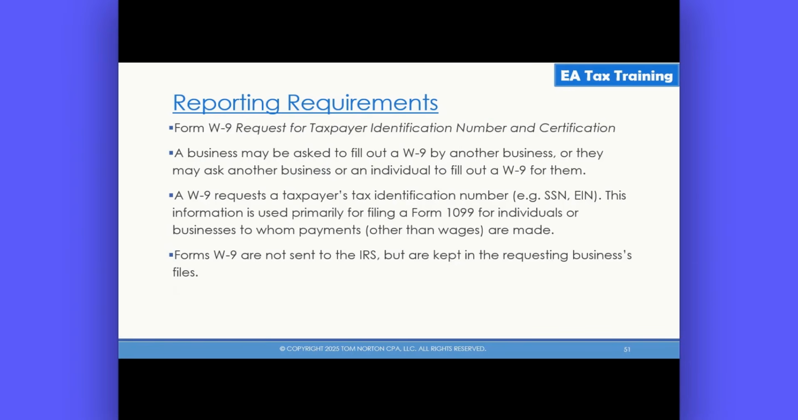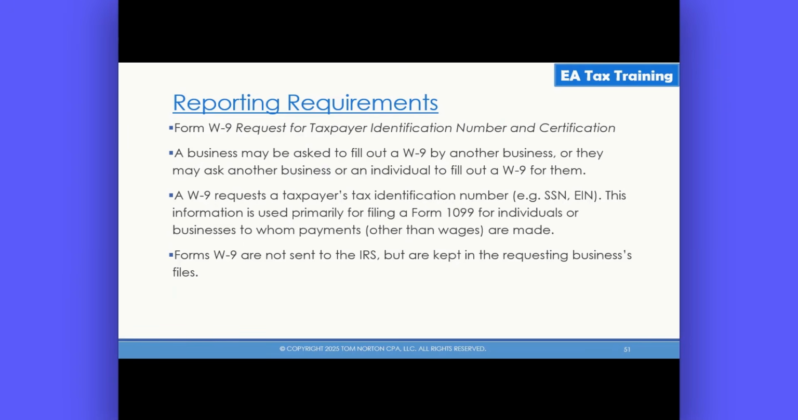Next is the W-9, which is a request for taxpayer identification number and certification. So a business may ask an individual or another business to fill out a W-9. Or a business might be asked to fill out a W-9 for a different business who is requesting it of them. So, what is the purpose of this? The reason you are requesting a W-9 or someone is requesting you to fill out a W-9 is because of